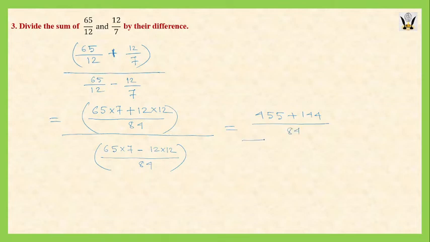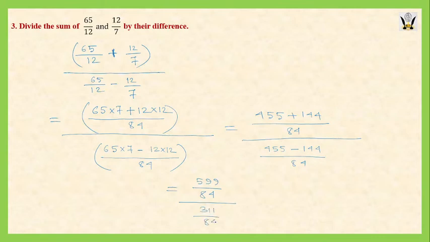In the denominator also it will be 455 minus 144, and the denominator is the same, 84. So it will be further written as 455 plus 144 is 599 divided by 84, and then 455 minus 144 is